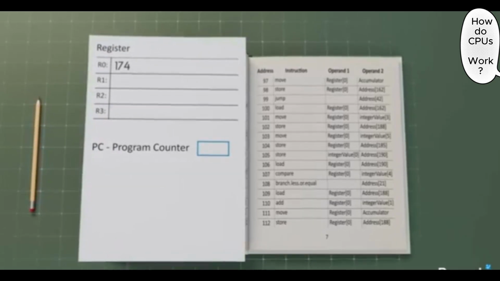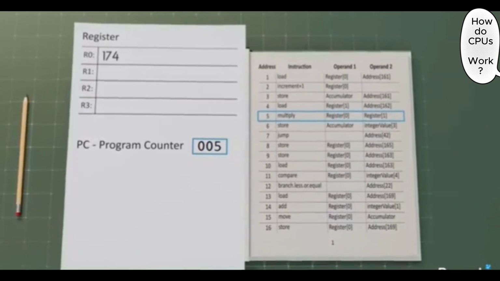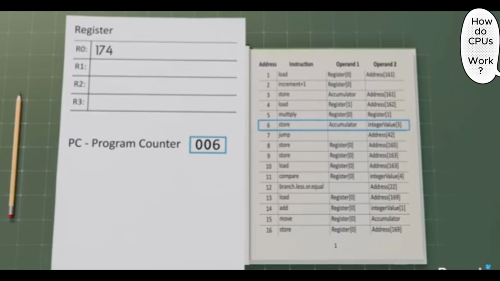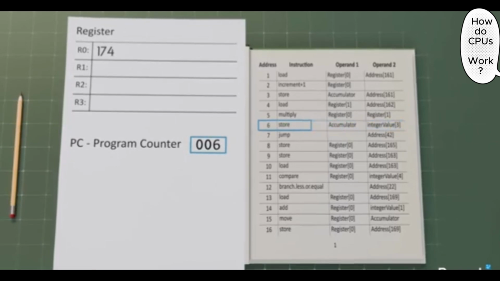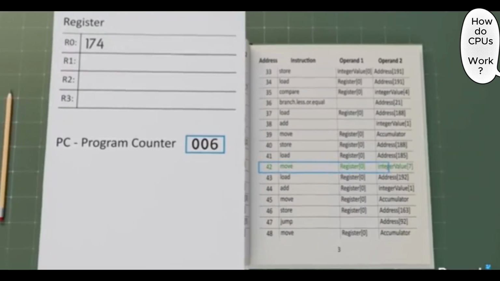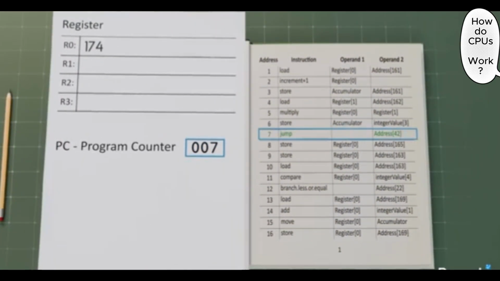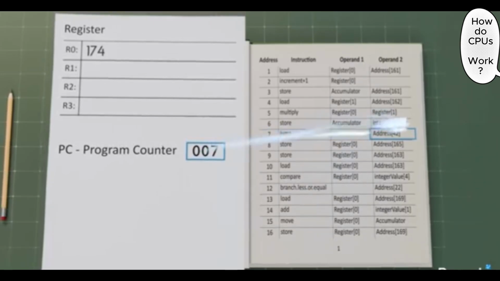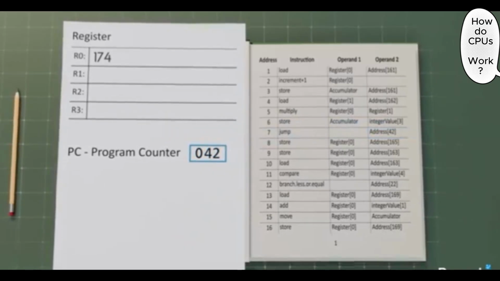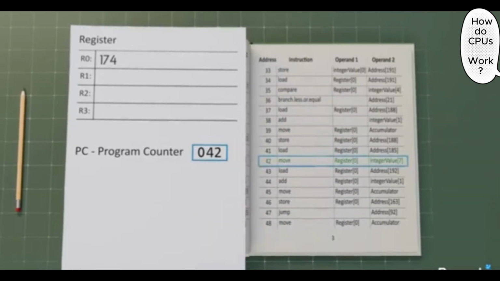Since the PC currently has a value of 5, we find instruction 5, complete it, and increase the program counter by 1. Therefore, the next instruction to be completed will be instruction 6. However, what if after completing instruction 6, we want to jump directly to instruction 42? Well, to do this, we use a jump instruction at 7, which directly sets the value in the program counter to a new number, and in this case, it's 42. As a result, the sequence of instructions will be 5, 6, 7, which is the jump instruction, then 42, 43,